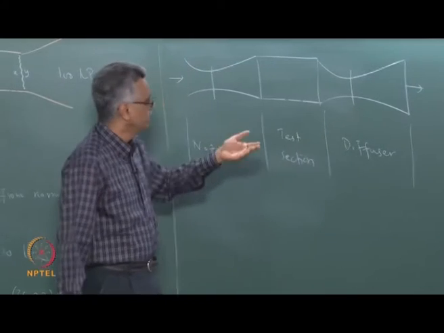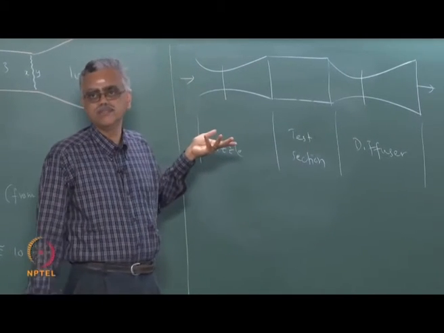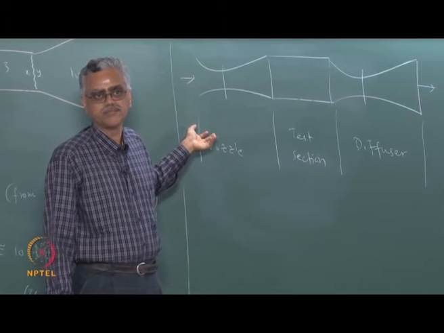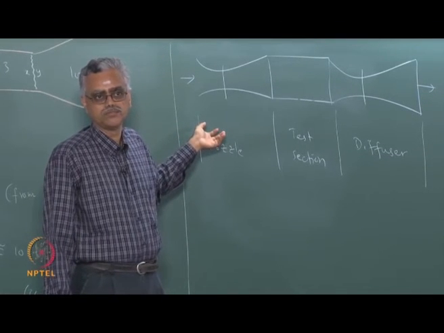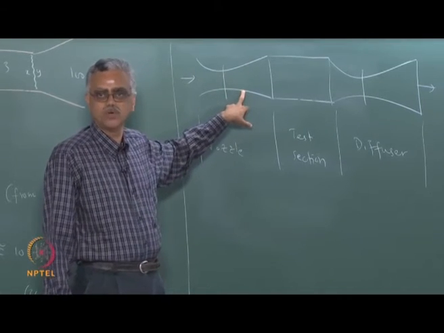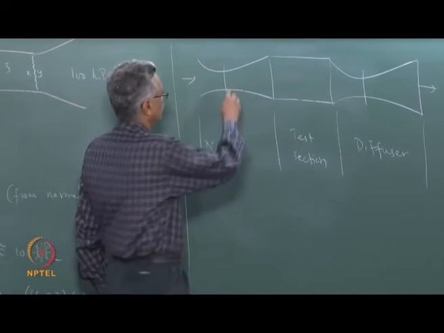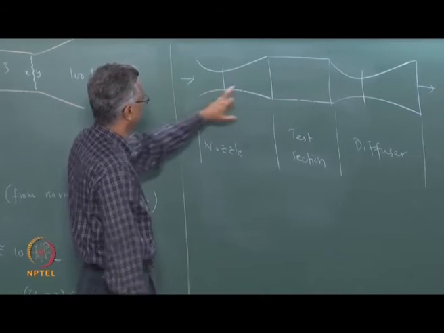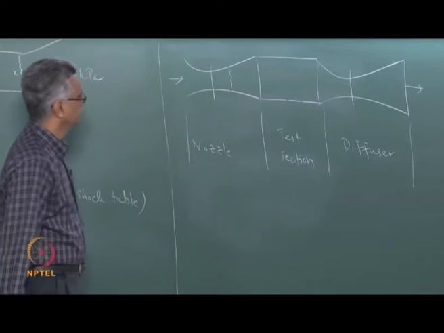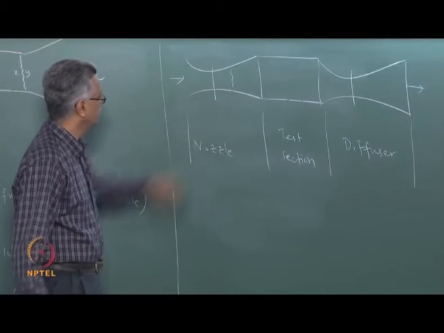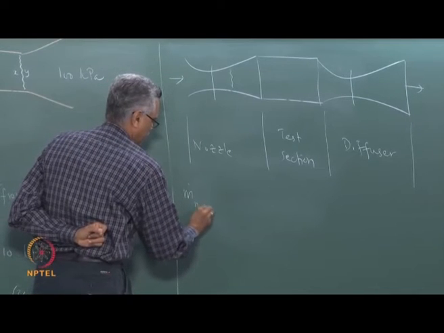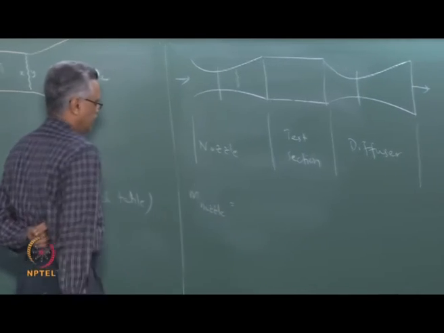Okay. Now, if I crank up the stagnation pressure a little bit more, what happens next? I have a normal shock, right, somewhere here. I set up a normal shock somewhere here, and once I set up a normal shock here, the mass flow rate that comes through this, right, the mass flow rate that comes through this part can be written like this, right, m dot nozzle can be written as